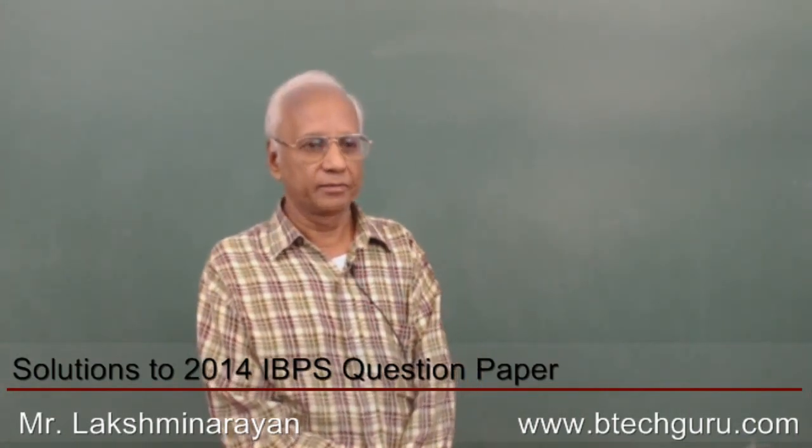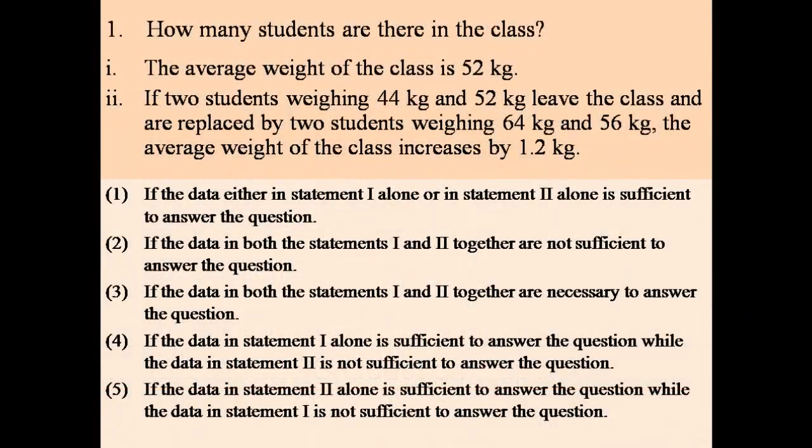For example, we will take up the first question, data sufficiency, one question. How does it read? We find how many students are there in the class. It's just a question. Very often a question is put up in the data sufficiency type of question without giving any information, or by giving intentionally insufficient data. So from what is available straight away, the question cannot be answered completely without any ambiguity.